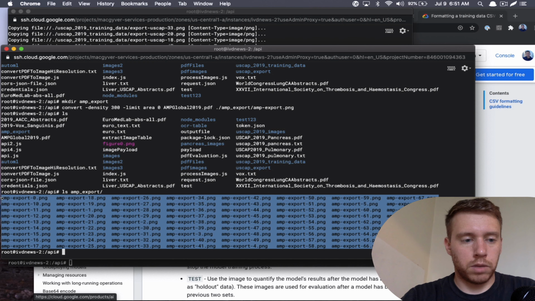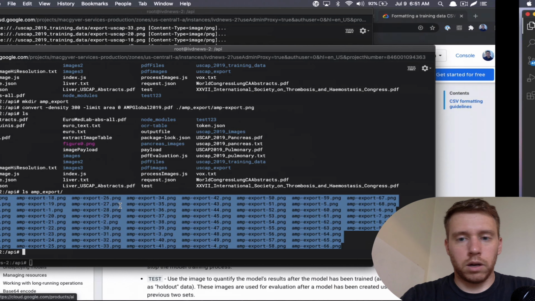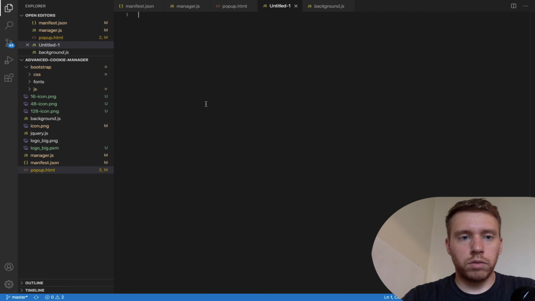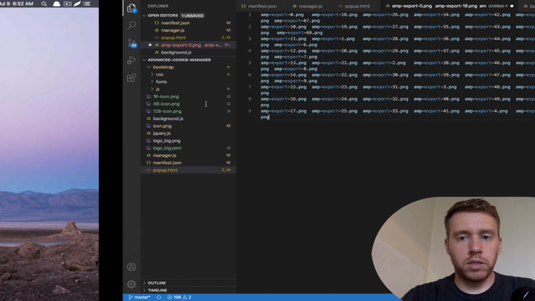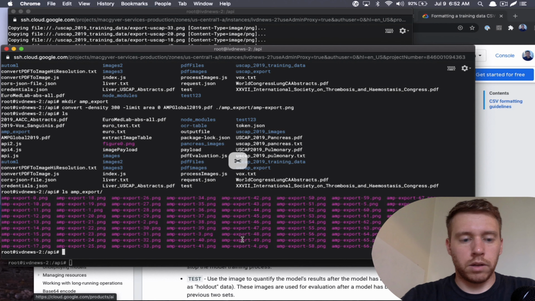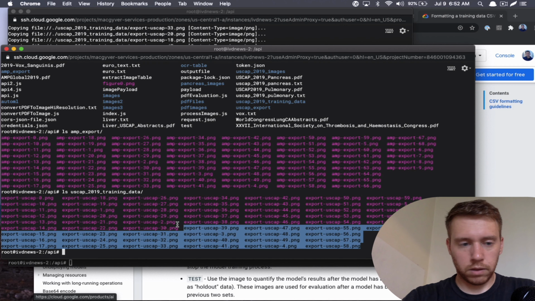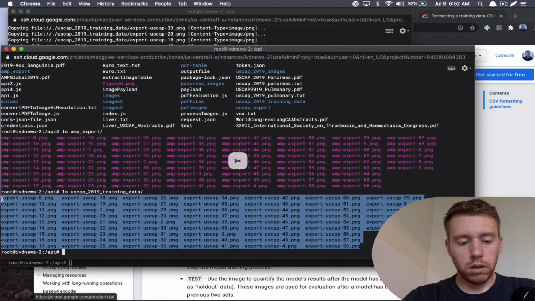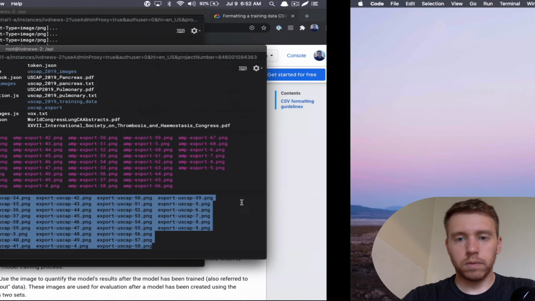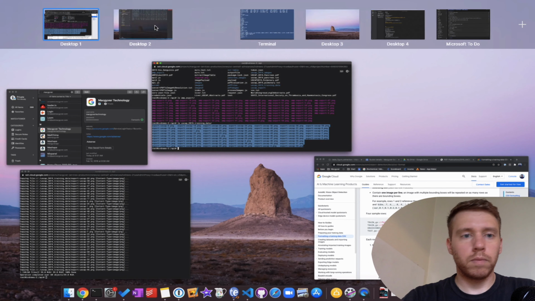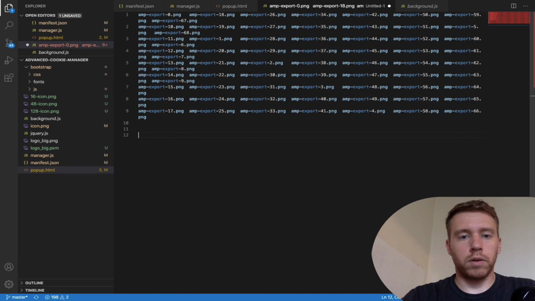So I'm just going to copy these. I'm going to go over to VS Code. I'm going to paste those in there. And then I'm going to do the same thing for the USCAP. How does that happen? Okay, so